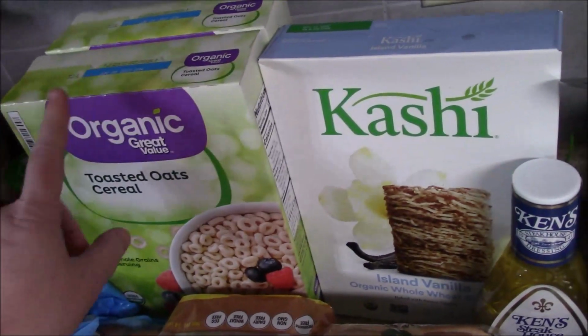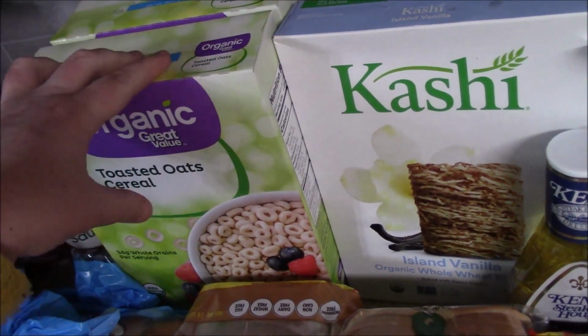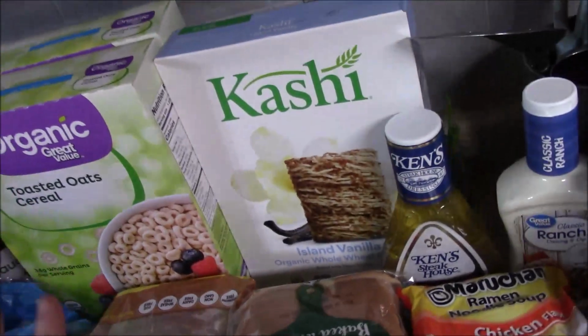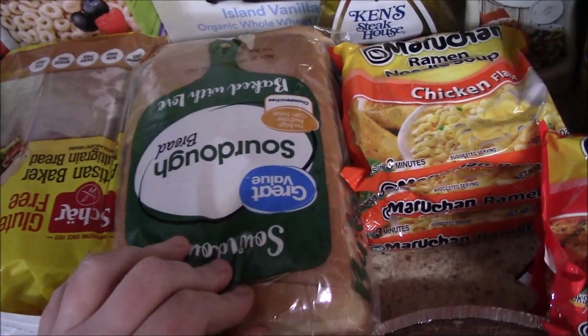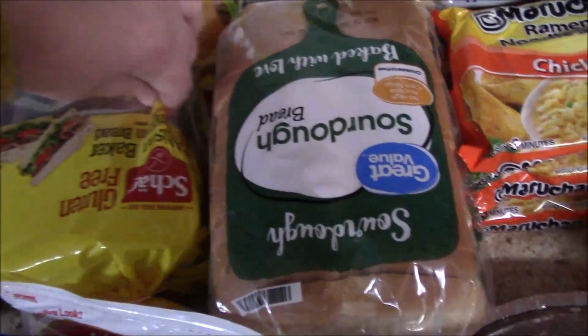And then I was actually going to give one to the moms in our church to kind of keep there for their kidlets, their toddlers. So I thought that would be really helpful, and it's organic and 75 cents for a box. It's like really good. I have some sourdough bread here for sandwiches, and then I have bread in the freezer,